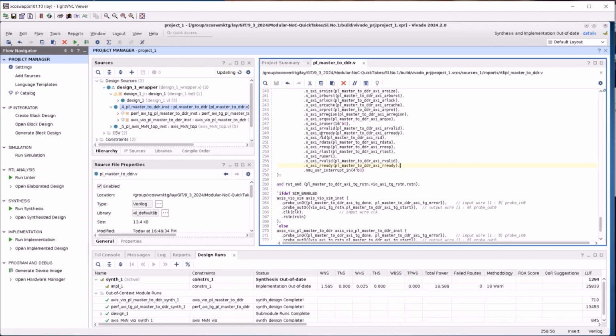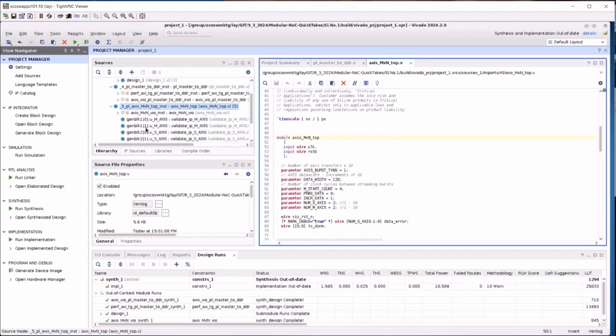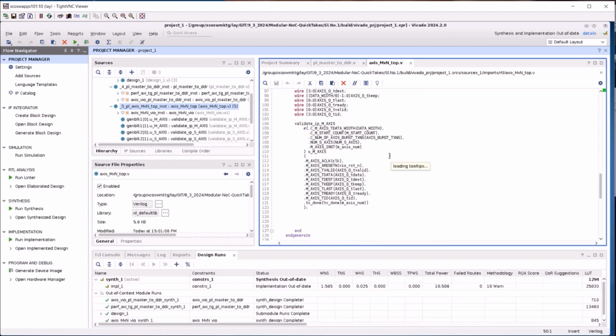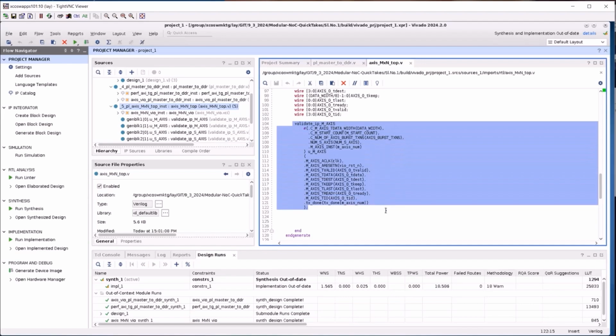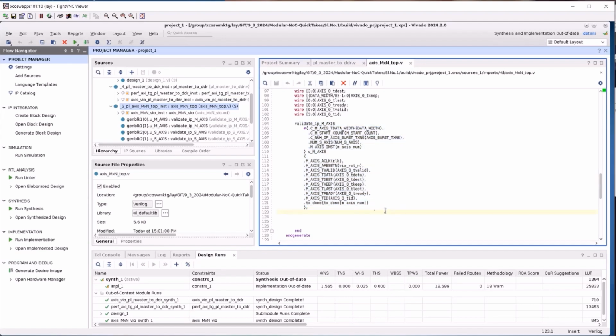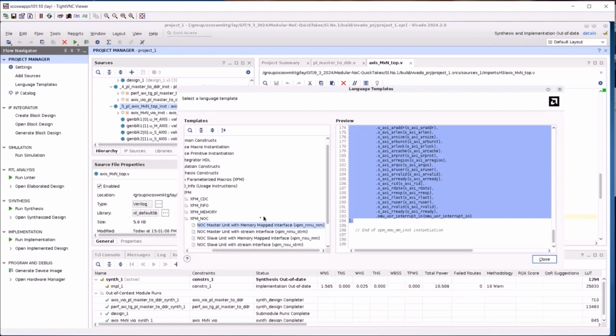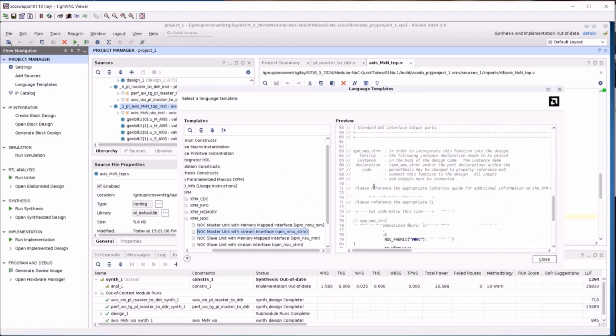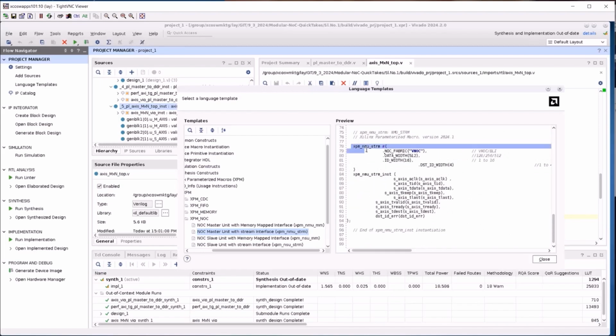Now let's stitch the streaming templates into the RTL. Let's open the streaming module. Here is the master streaming traffic generator. This is inside of a generate statement, and hence there are actually two instances. Now let's instantiate the master streaming XPM from the language templates. Again, I'll copy and paste this template into the RTL.